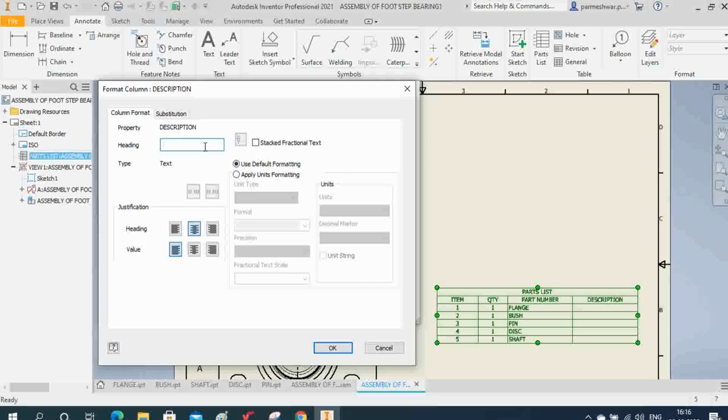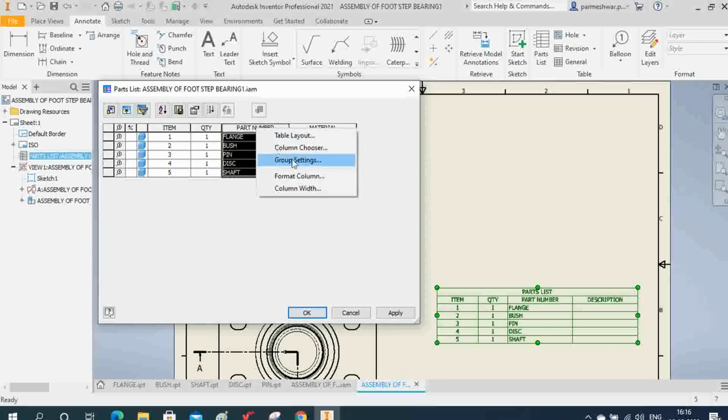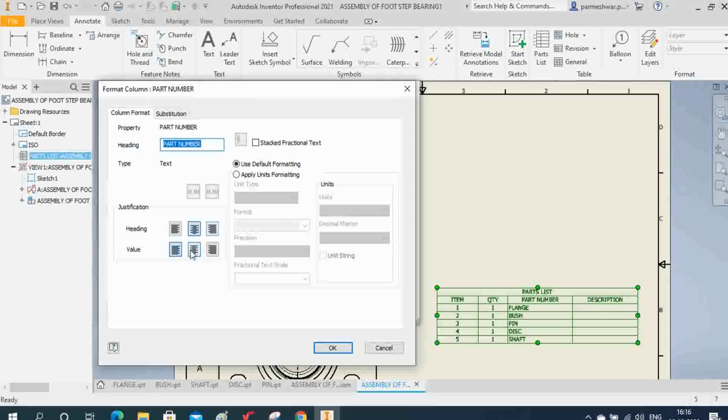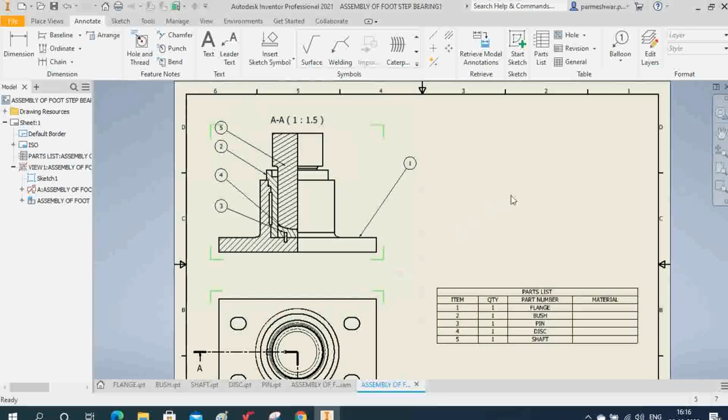Okay, material, right? Now so this is heading at the center, and when you write the materials, that should be centered, right? Okay, right? Here also I want all the parts at the center, so format here centered. Okay, right? Okay, now click apply and click OK. You can see instead of description, now here it is material.